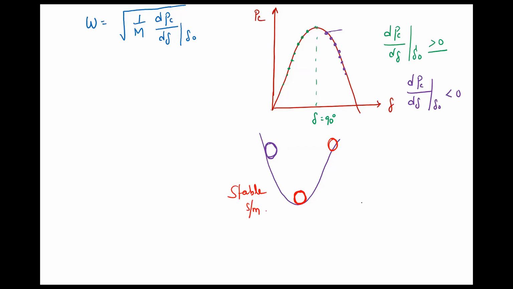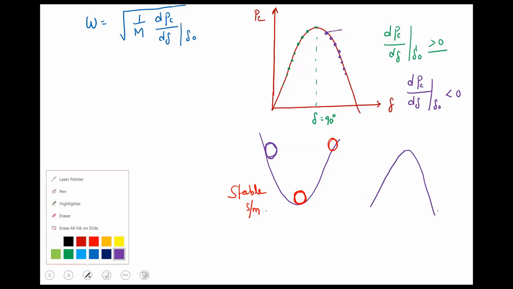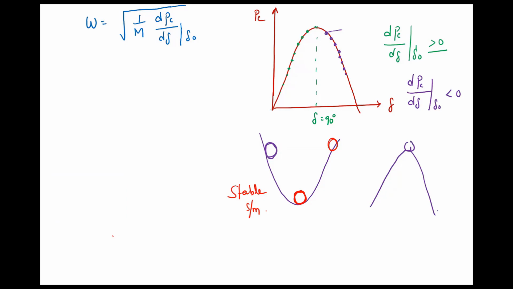If you do the reverse, suppose my system is this one, and my operating point is like this, then for any disturbance, whether on this side or that side, what will happen? It will lose its stability. So this is the condition when delta naught is less than 90 degrees, and this is the condition when delta naught is greater than or equal to 90 degrees. Okay, understand? That is the correlation I want to tell you so that you can easily understand steady state stability.